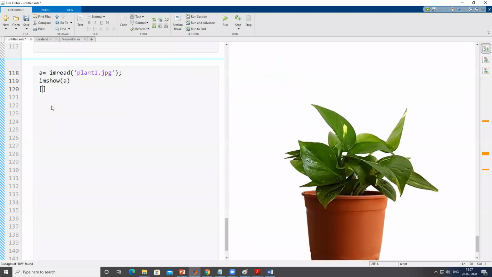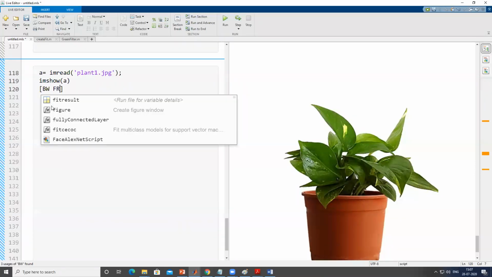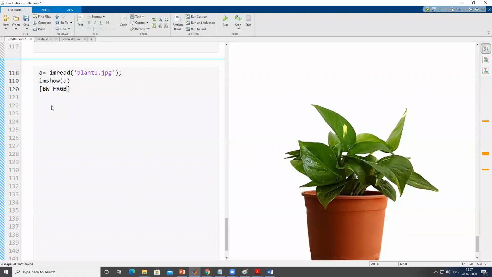So here also I'll store the black and white image in BW and the filtered image in FRGB, that stands for filtered RGB, is equal to greenFilter. That is the name of the function which we have just created using MATLAB. And inside this, I have to pass an RGB image, which in my case is A, because in A I have stored this plant1 image.